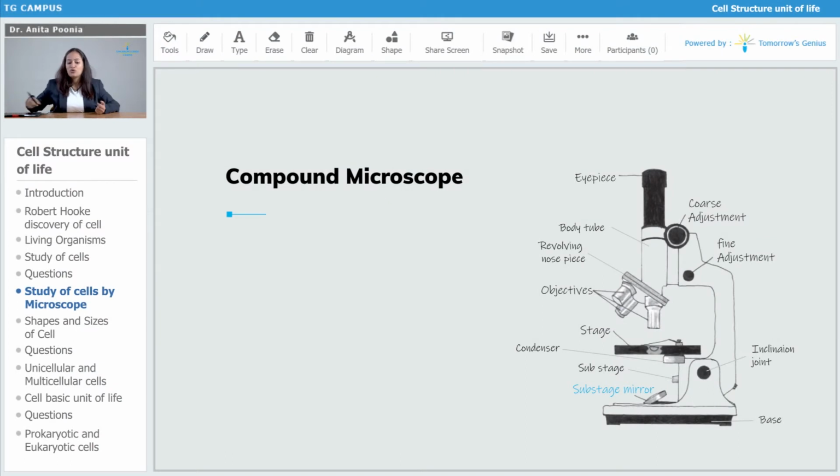Hold the mirror and try to move it, twist it, and adjust it in such a way that the light rays falling on the mirror are directed upwards onto the object, in alignment with your lenses, so that your slide, the object, is lit. That's how you have to use the mirror. So the mirror is for that purpose. Then you have the sub stage, which again makes a part of the microscope, the inclination joint.